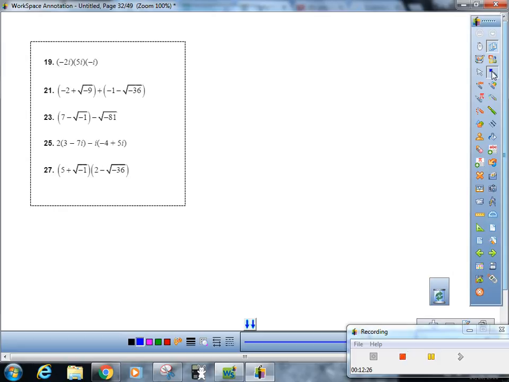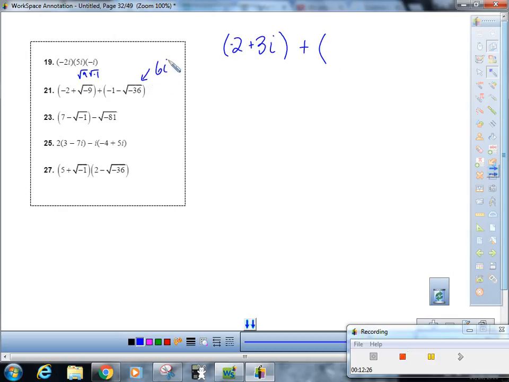All right, 21. Okay, we're combining all the things that we've done now. Negative 2. What's the square root of negative 9 again? It's the square root of 9 times the square root of negative 1. So what is that? So good, very good, Fang Yi. Negative 2 plus 3i. See how I did that? Plus, okay, what's the square root of negative 36 again? 6i. So plus negative 1 minus 6i. Now I'm combining my like terms. So my final answer is